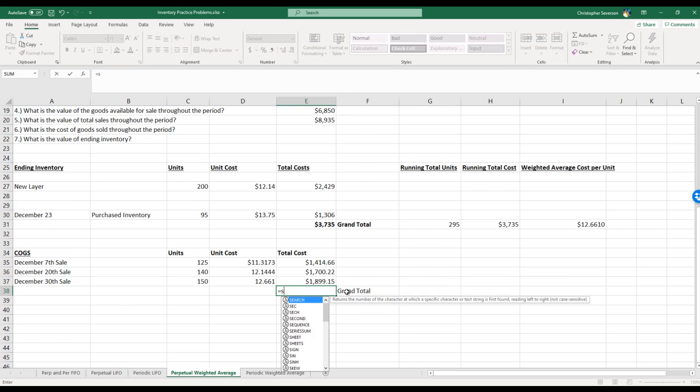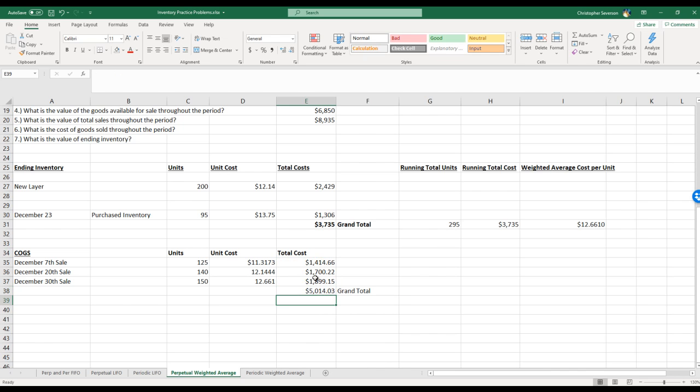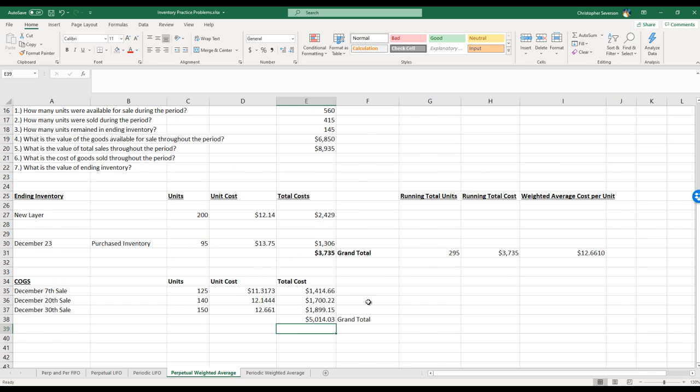Grand total of these three costs is $5,014.03. We don't really need this stuff anymore, except, I guess we better leave it for 1 second. We had 295. We're selling 150. So now we have 145 units